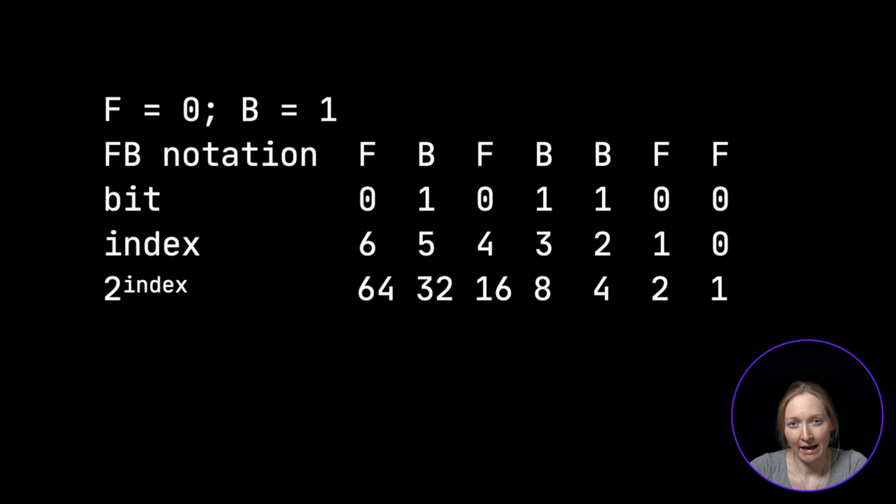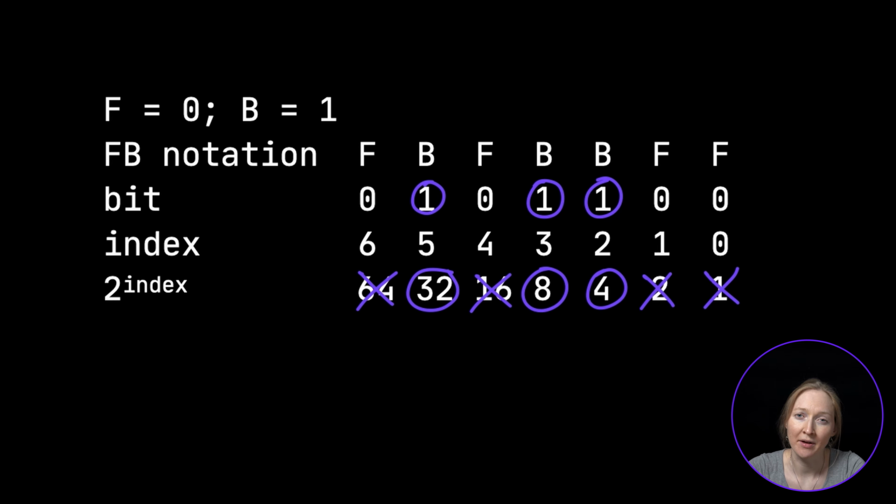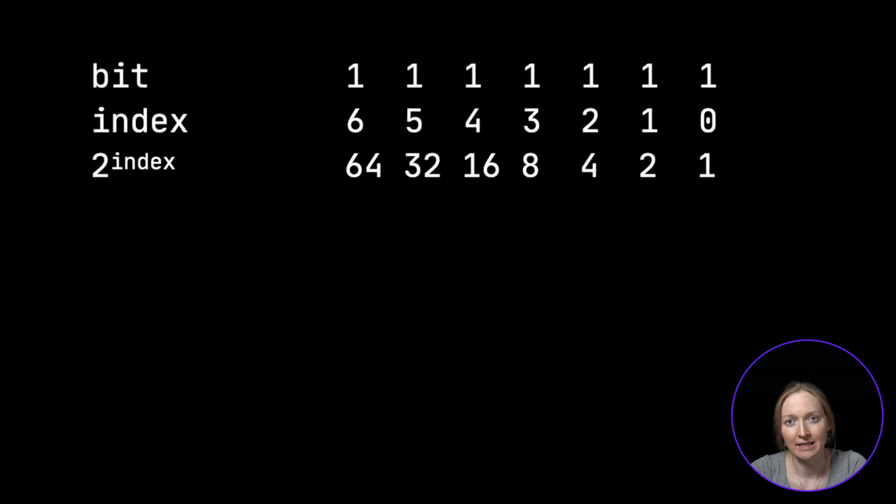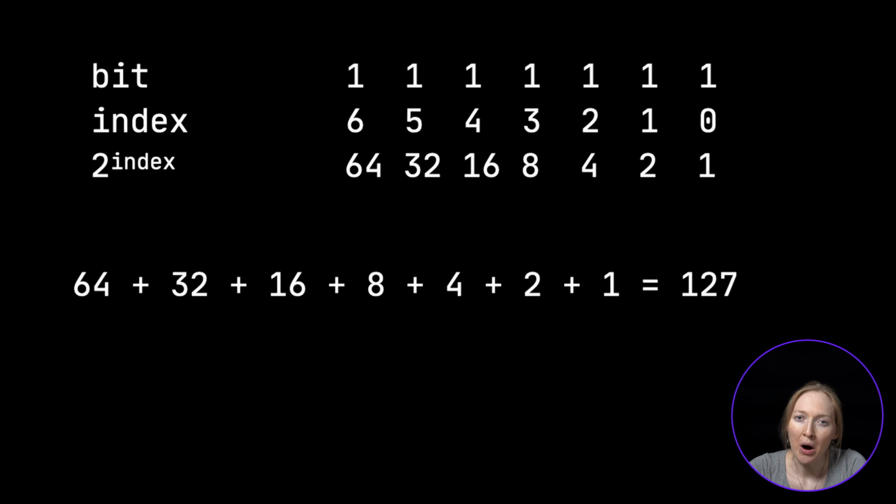Taking the lower half is equivalent to not adding the corresponding power of 2 to the result, or multiplying it by 0, while taking the upper half is equivalent to adding it to the result, or multiplying it by 1. The maximum value that can be encoded via 7 bits is 7 1s, or 127 in decimal form. That's when we add all the power of 2 terms to the resulting sum.